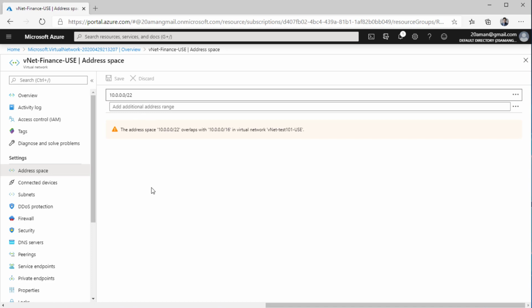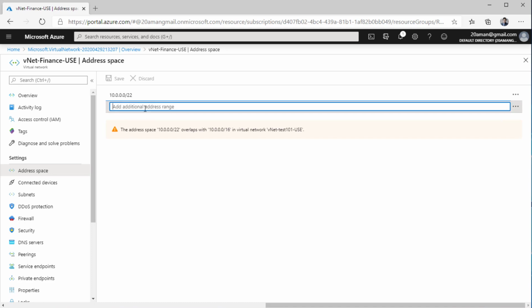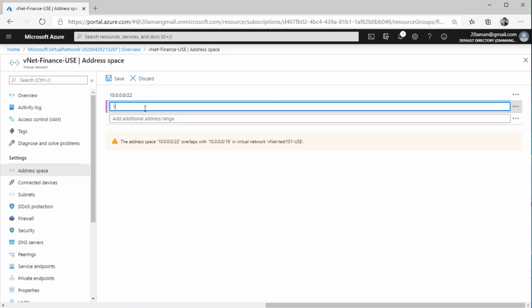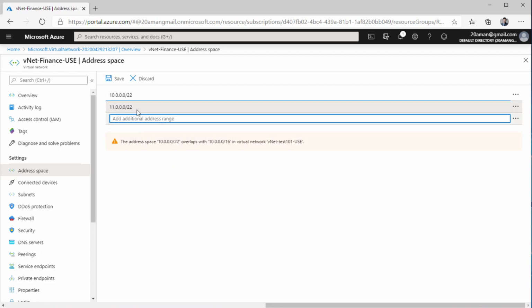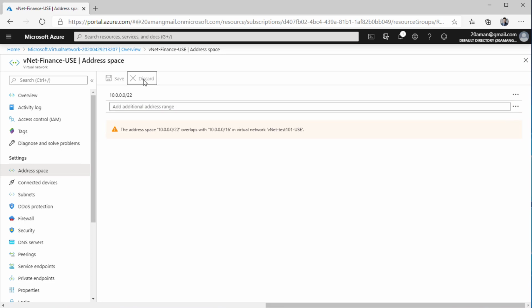If let's say you want to expand this virtual network, you can simply click on this text box and start adding more address spaces to this particular virtual network. For example, you can do something like 11.0.0.0/22 and can hit save. It will add that additional address space to this particular virtual network. I'll discard the changes for now.